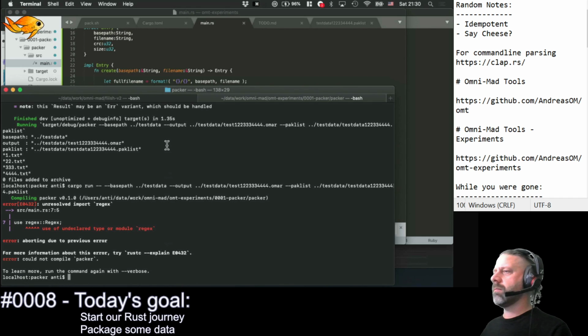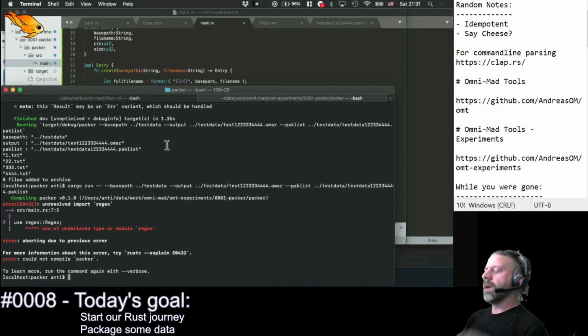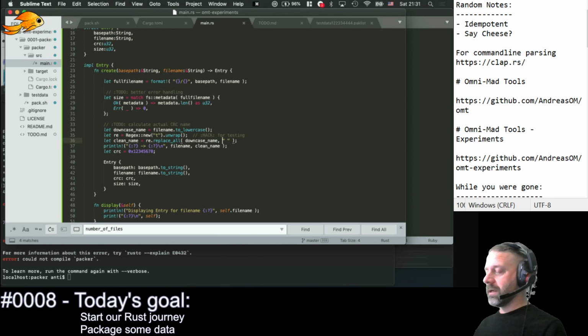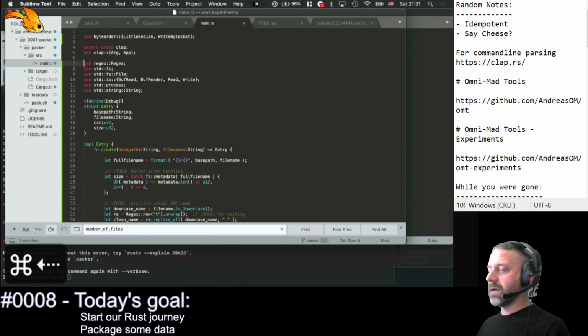Oh, this was a wrong Rust version. Regex is gone? Okay, that's a bit sad, but